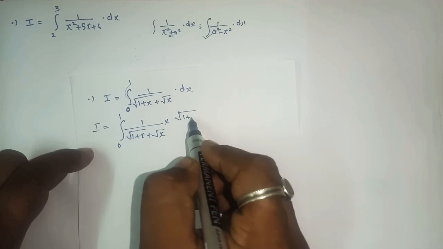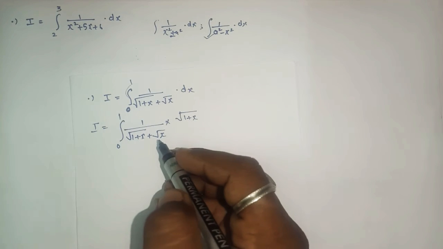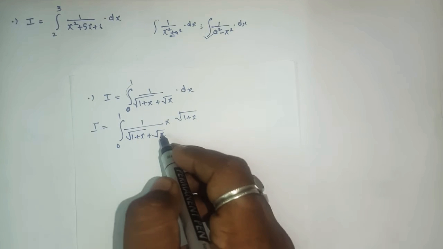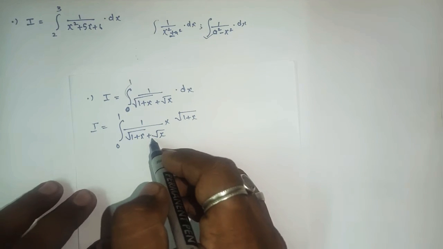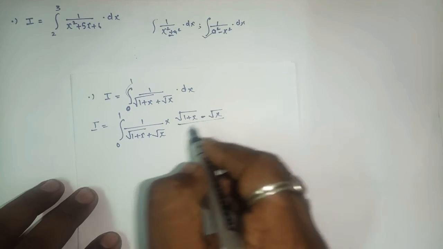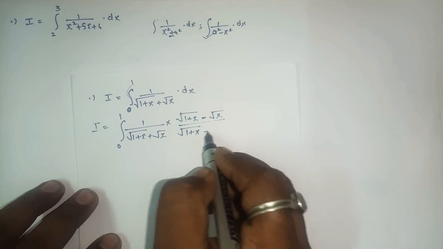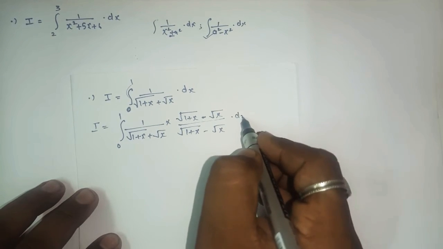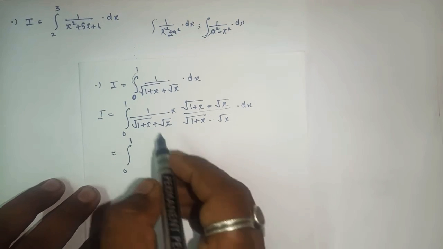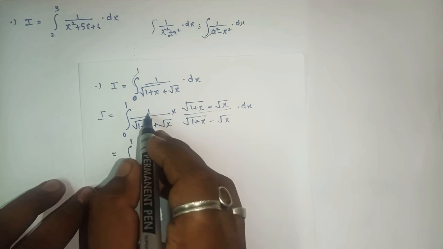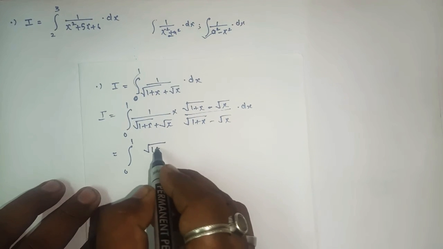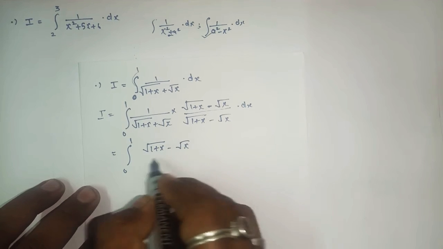Rationalizing the denominator means multiplying the numerator and denominator by the conjugate. So if plus is there, here you will write minus: root 1 plus x minus root x, into dx. After this, when you multiply 1 with this, you will get root 1 plus x minus root x upon,